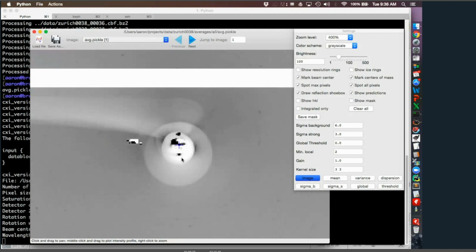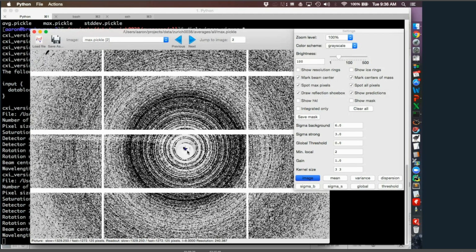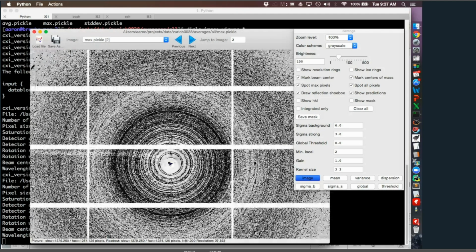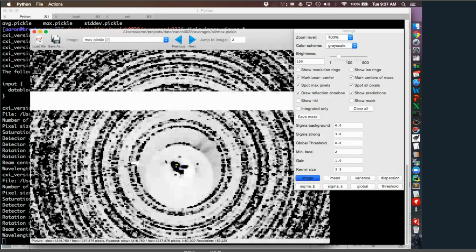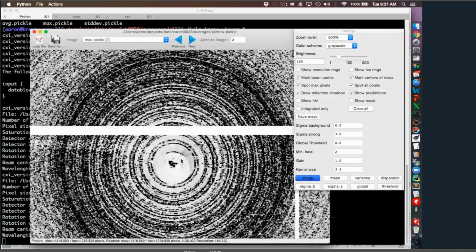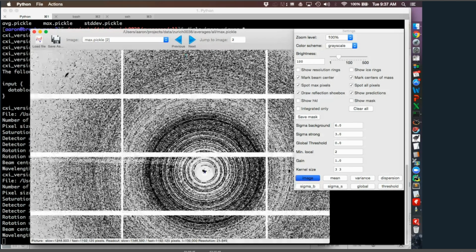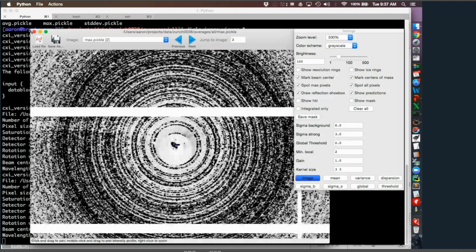When we flip over to the maximum projection, the maximum projection is probably the most useful image. Here what we see is the brightest pixel among all of the images for every pixel. And we get a virtual powder pattern from this result. This virtual powder pattern is going to be dependent on the unit cell dimensions and the detector distance and wavelength. And given a set of unit cell dimensions and detector position and wavelength, we can predict which powder rings